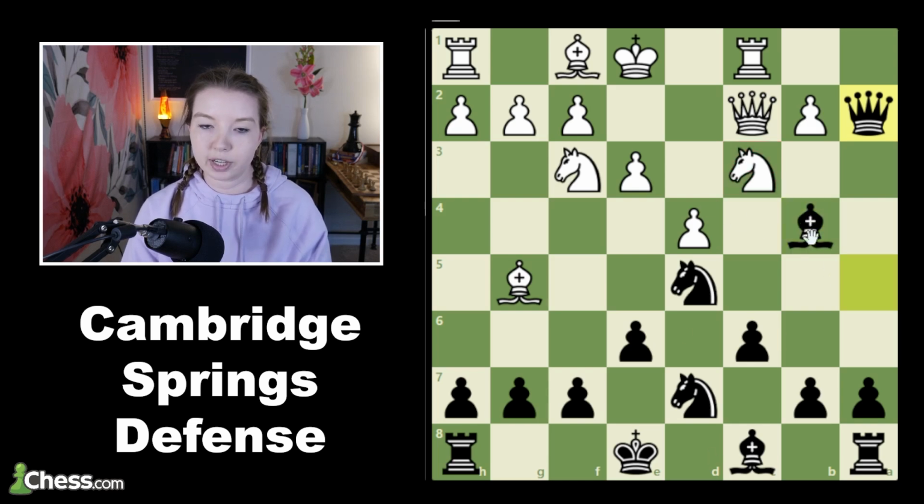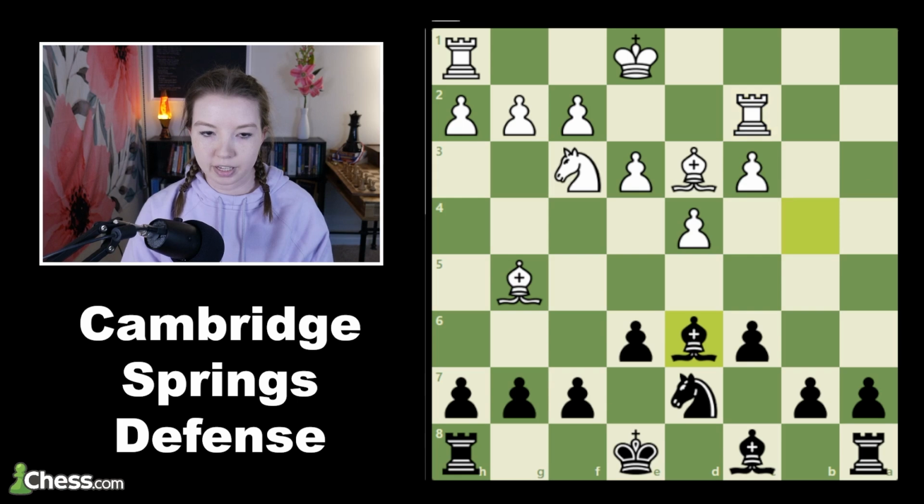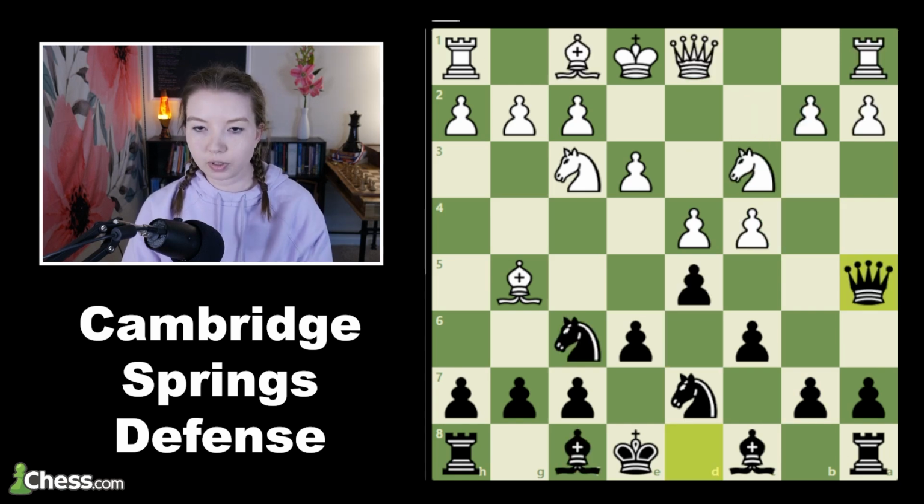square, and again, we're very happy to be up a pawn. So after something like bishop to d3, just knight takes c3, b takes c3, and we can trade queens, move our bishop back to d6, and we're going to have this really nice passer over on the side of the board that is going to be very annoying for white to deal with. And then one more line I want to show you from this key position is, okay,